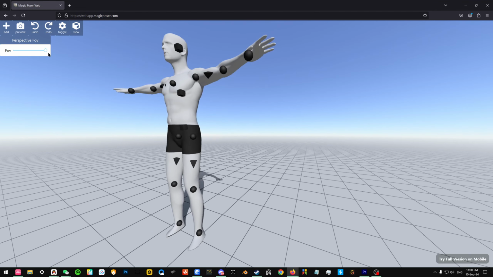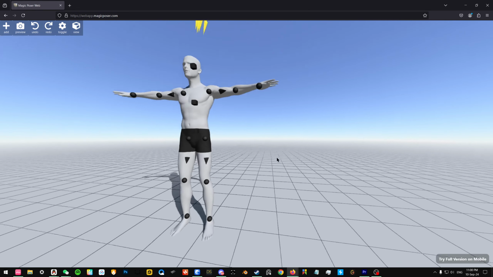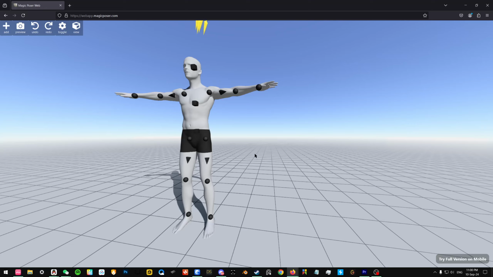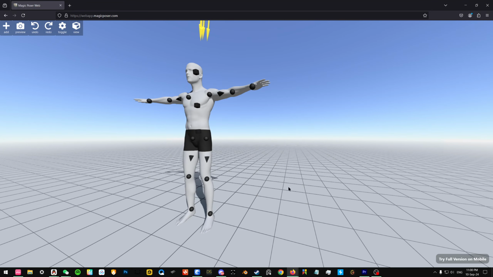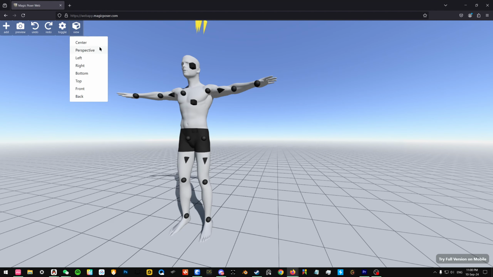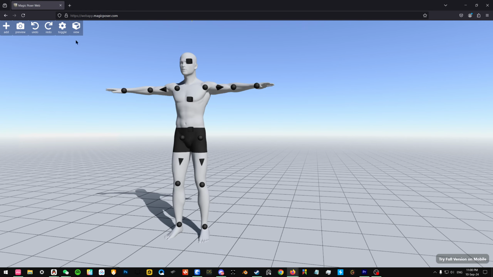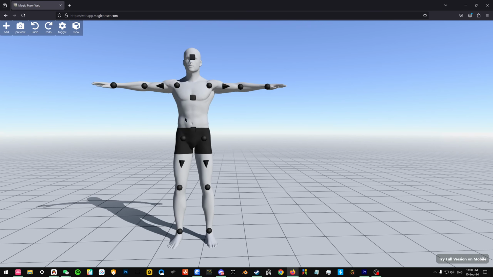But if your focal length is high, things start to look more flat and less dynamic, and you have to zoom out to be able to see more of the character. Usually we see things between 35mm to 55mm, so let's go back to that range. Right, and when you click on the character,